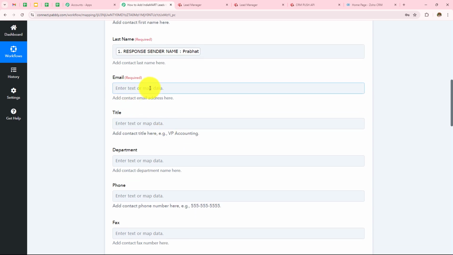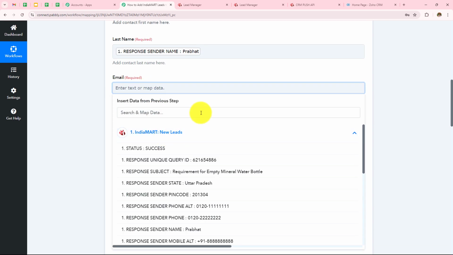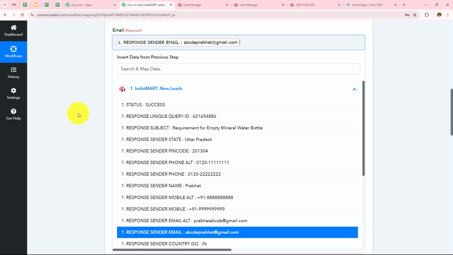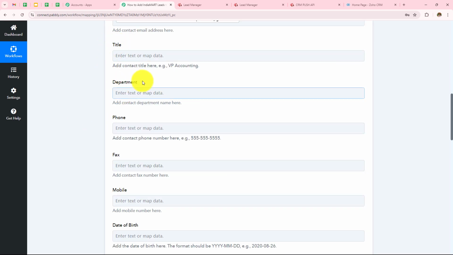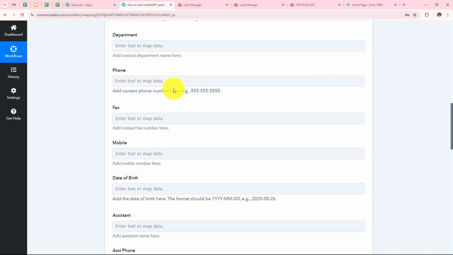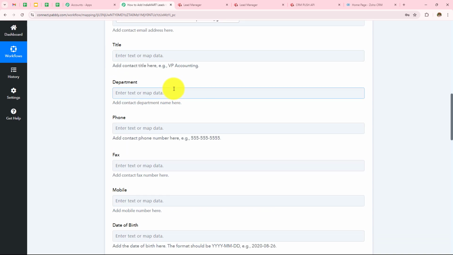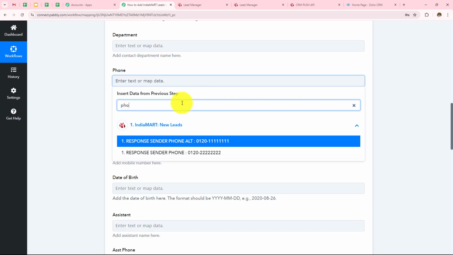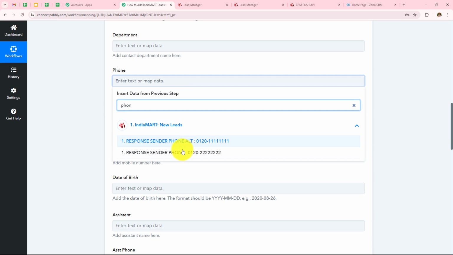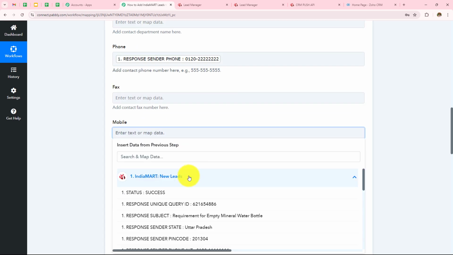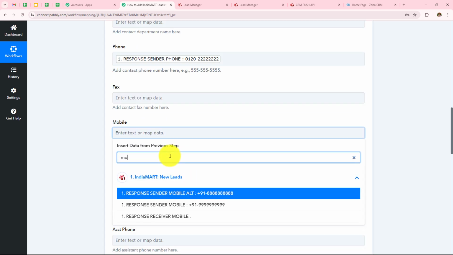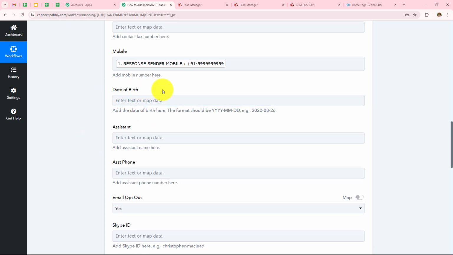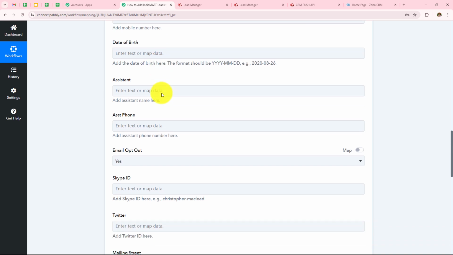Now I have to enter the email address. So I will follow the same process and enter my email address as this one. Now I am leaving these two fields blank because these are not required ones and also I have not received any response for these. Then I will enter my phone number. So over here I will map my phone number as this one, and then I will enter my mobile number as this one. Then I have not received any date of birth, so I will leave this field blank,